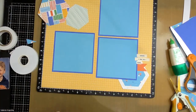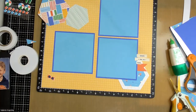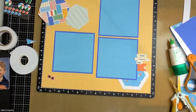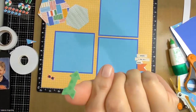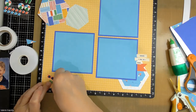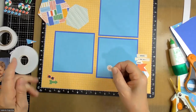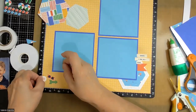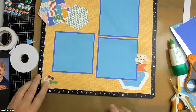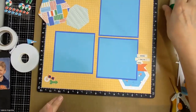I'm going to put those right here. And I see a couple of stickers. This little green polka dot arrow is going to point towards the center, just above the sunglasses. And one of the white sand dollars is going to go just tucked underneath the edge of the sunglasses. And then we have our tab,